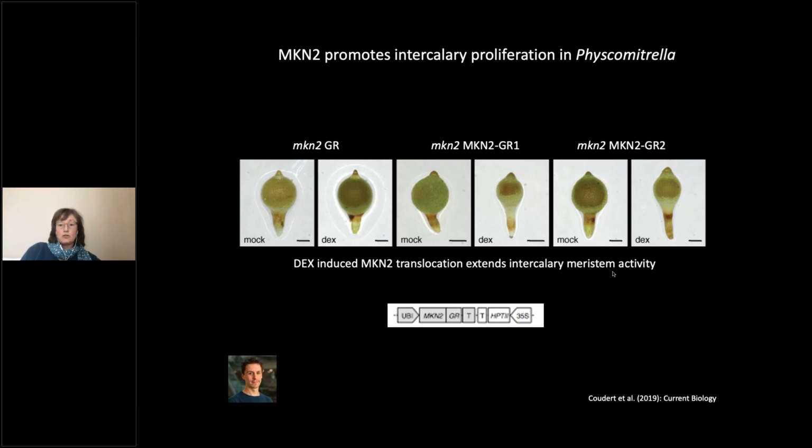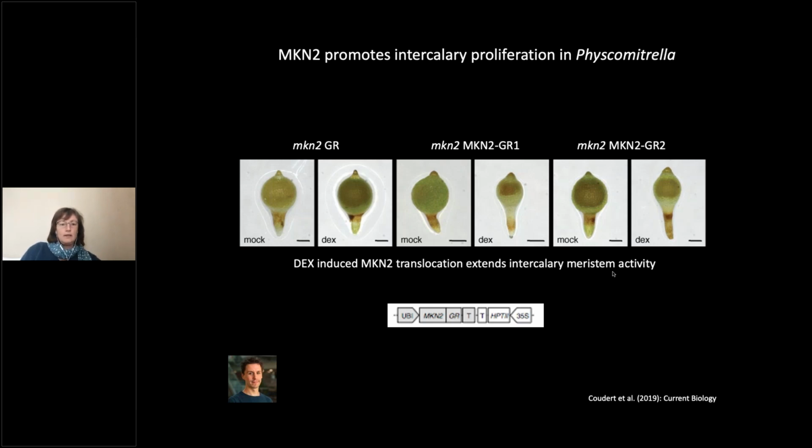So this slide shows results obtained from 3 different transgenic lines with the DEX MKN2 inducible construct or a control construct on the left-hand side, lacking MKN2, but introduced into the MKN2 mutant background. So you can see clearly that plants with inducible MKN2 expression, which are the 2 on the right-hand side of each pair on the right-hand side of the slide. So you've got the mock treated and DEX treated next to each other in each pair of pictures across the